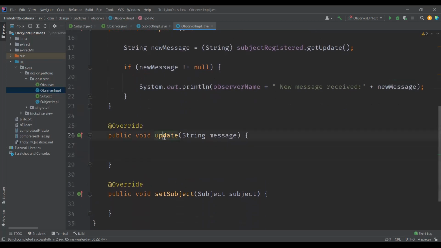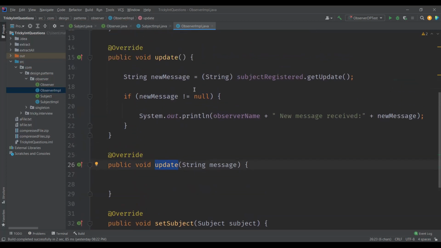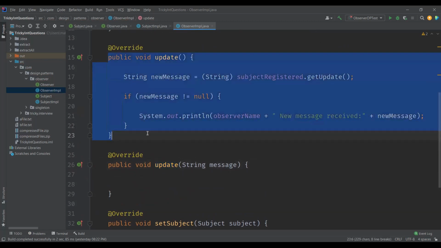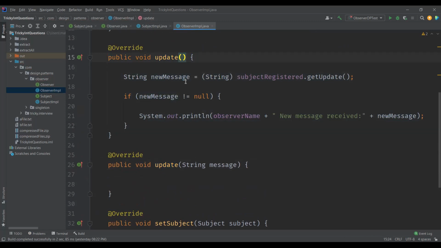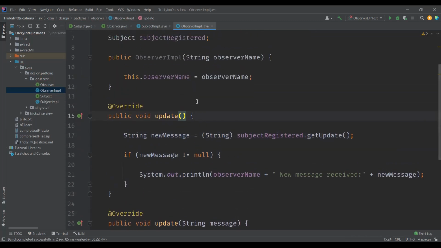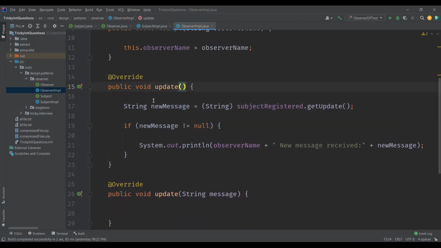Now we have another update method, which takes a string parameter, which will be used by the subject to notify all the observers. So just notice the difference here. There is an update method here which doesn't take any parameter, which will be called by the observer specifically if it wants to get an update from the subject.